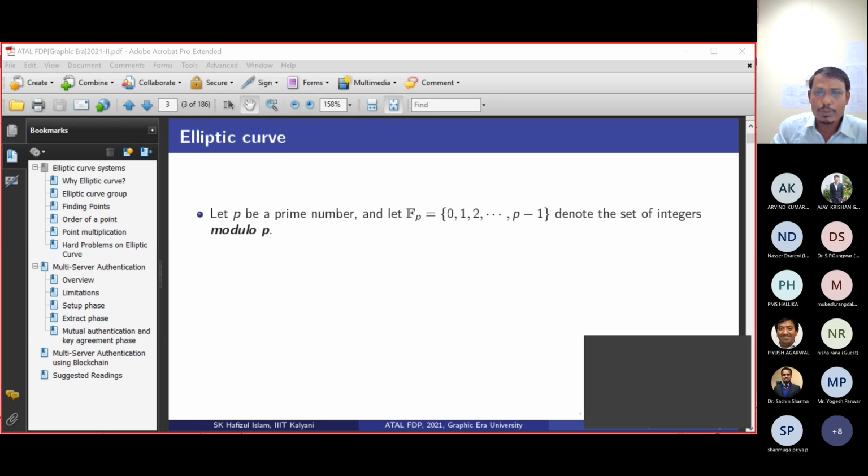So what is the inverse of 3? Suppose I write the inverse of 3 is x, that is 3x congruent to 1 mod 5. If you solve this linear congruence equation, you see the value of x. 3 times 1 mod 5 is 3, not congruent to 1. 3 times 2 mod 5 is 6, which is congruent to 1. Yes, so the inverse of 3 is 2.